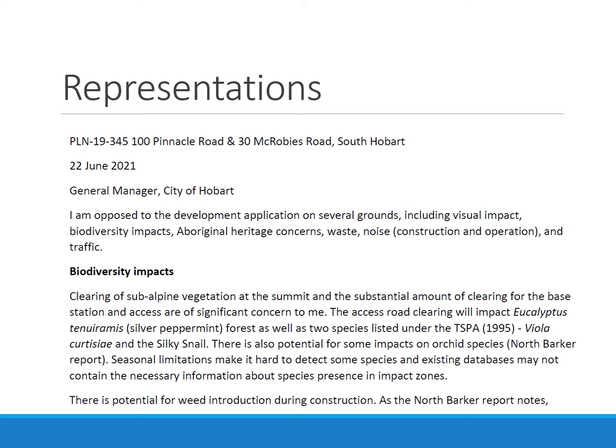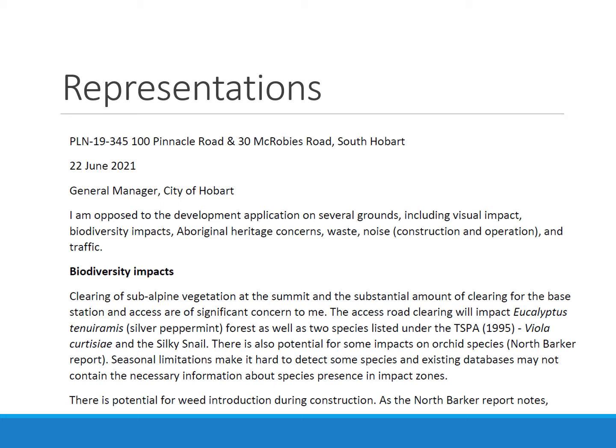And to make things a little easier for the poor planning officers who had to process 17,500 of these, I said right up the front that I'm opposed to the development rather than supporting the development or some kind of sitting on the fence position, and said why: visual impact, biodiversity impacts, Aboriginal heritage, waste, noise and traffic, and then went into details about each of these. I suspect that the planning officer probably opened these, noted those 6 things and didn't read a whole lot more, maybe just skimmed it,